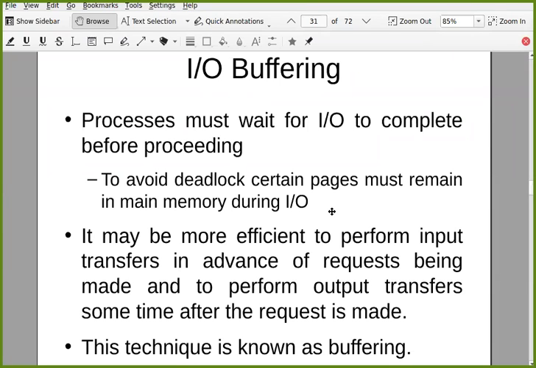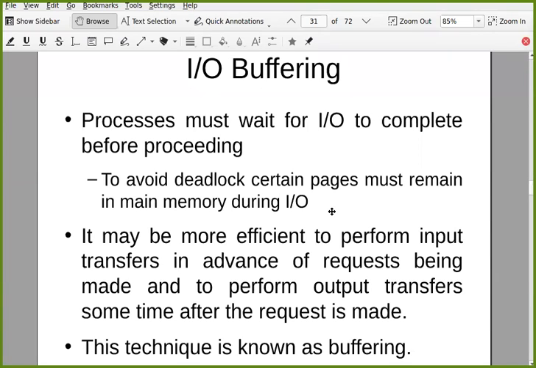Why? Because the IO module, which was requested by your process to load some data for you, is waiting for you to come inside the main memory. But now you are in the secondary memory. So the IO module is waiting for your process to come into the main memory, but you cannot come into the main memory until this IO gets completed. So that is one kind of deadlock. It is called single process deadlock.